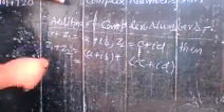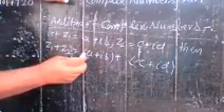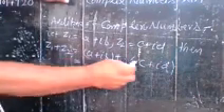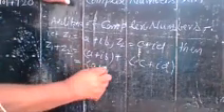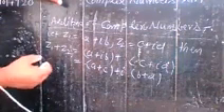The rule of the addition of two complex numbers is you have to add real part to real part and imaginary part to imaginary part. Understand? Here your real part is A and the other real part is C, so their sum is A plus C. Taking I common and adding the imaginary parts, you can write B plus D. So this is the method of adding two complex numbers.